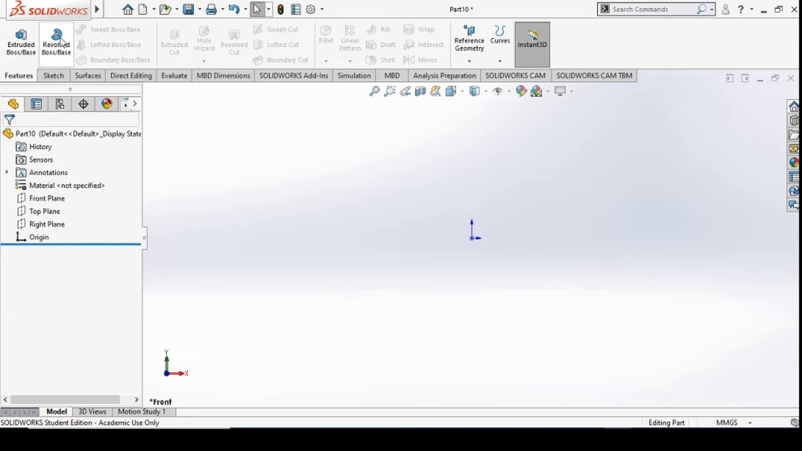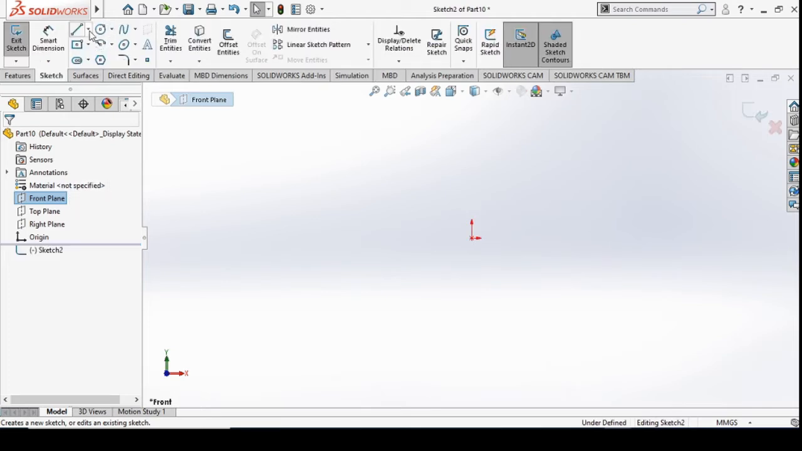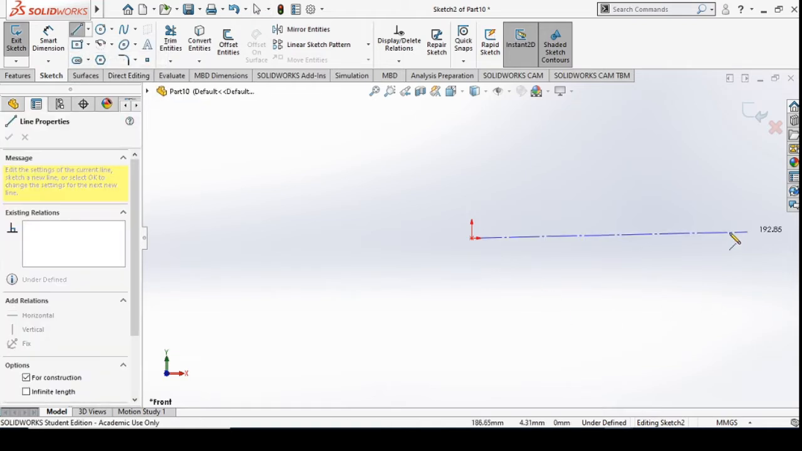In this video I'll be demonstrating how to use the revolve feature and also the sweep feature. So let's get started. Click on the front plane and on the sketch and make sure the plane is normal to you, and click on the center line and let's make a center line